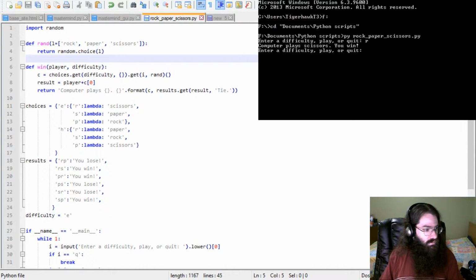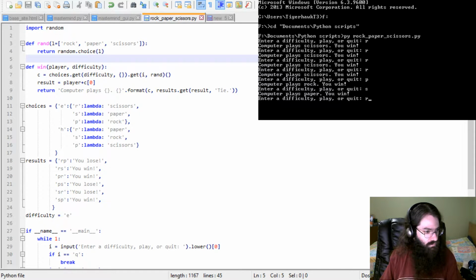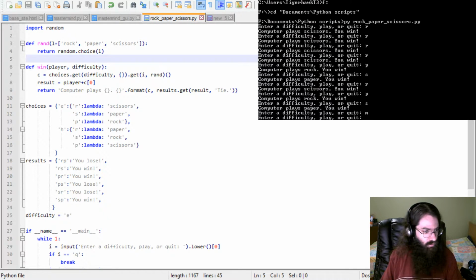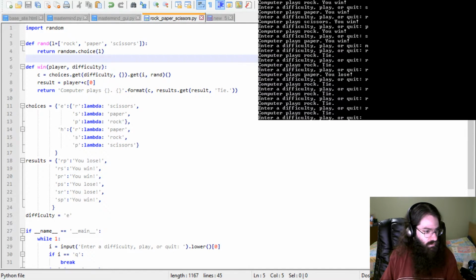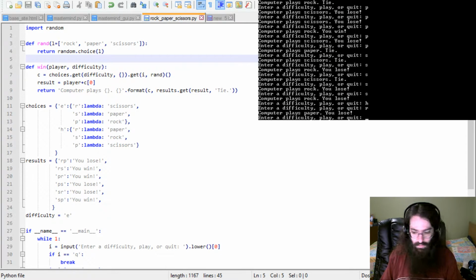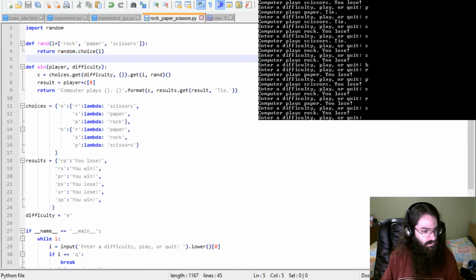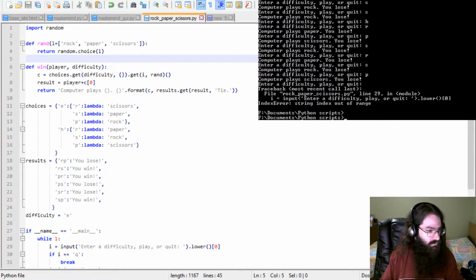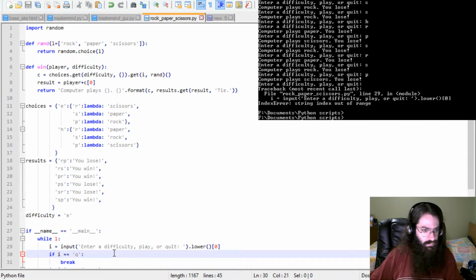About rock, and we're on easy. You win. Everything, you win. About medium, now rock, all sorts of things. Paper, all sorts of things, very good. And scissors, all sorts of things. And hard. Rock, paper, scissors. Great. And, ooh. When I have nothing,